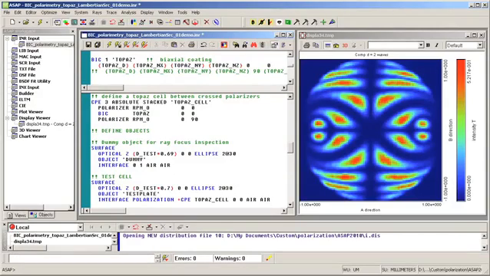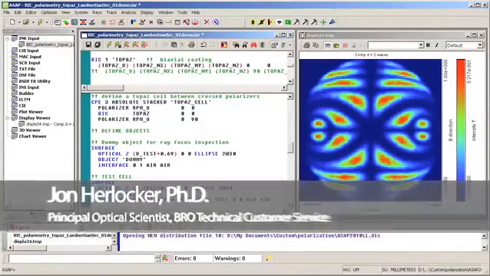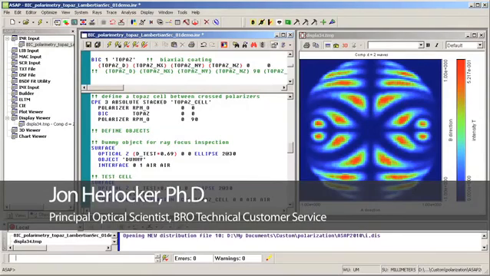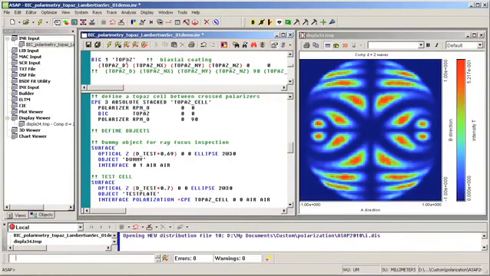One of the features in ASAP 2010 is the biaxial coding command, or BIC, or as we call it, BIC. So here we have a BIC command simulating topaz material, a biaxial material, looking straight down the fastest axis. And we see a complete null in the center, which is on axis. And then as we go to higher angles, we see some structure in places where light is getting through the